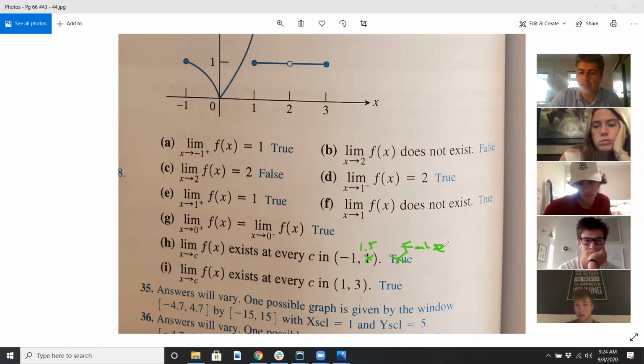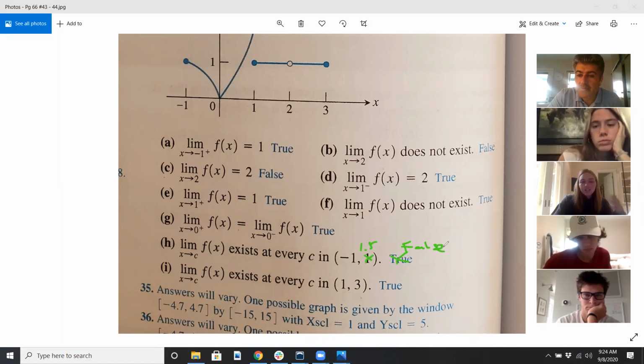Would the limit have existed? Well, go ahead. I was going to say, because it's like two different segments of the graph, they don't converge. At what x value was that happening? At 1. Exactly, right. So now x equals 1 is in that interval, is included. And that's a problem because our limit did not exist as x approached 1